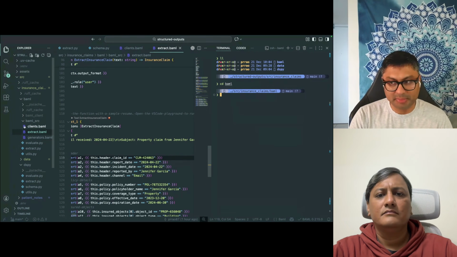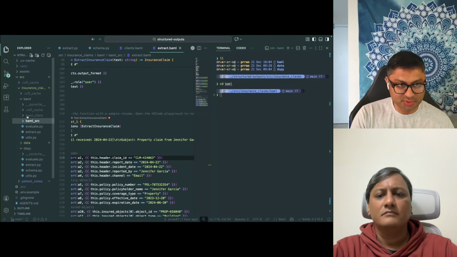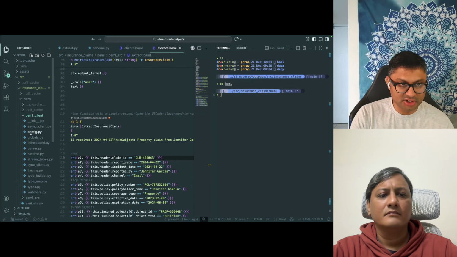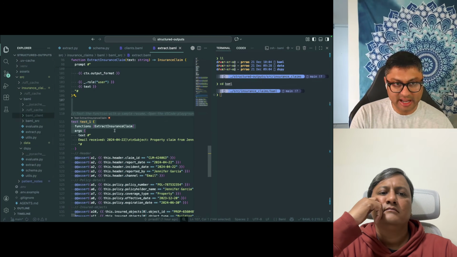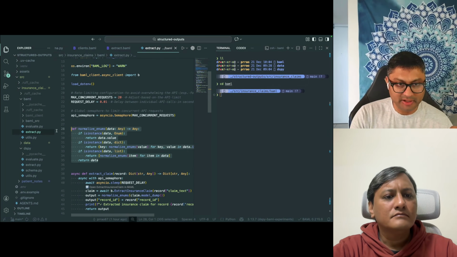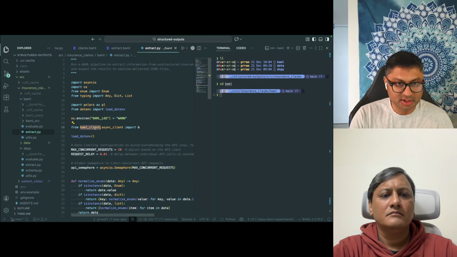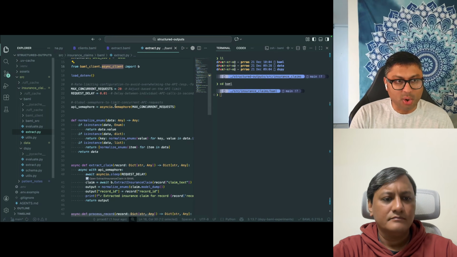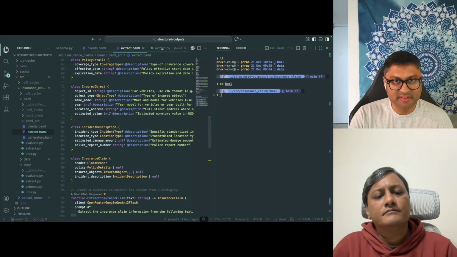this in Python? So the power of BAML is that it generates client code in any language that you choose. So I'm choosing Python here as a language. So it generates this client directory that has all these BAML types translated into Pydantic types. And now I can run a BAML Python script where I import from this client library. So I have this BAML client. I import from its async client generated code. And now all the objects that I've defined here in the BAML code, the type system and everything, is